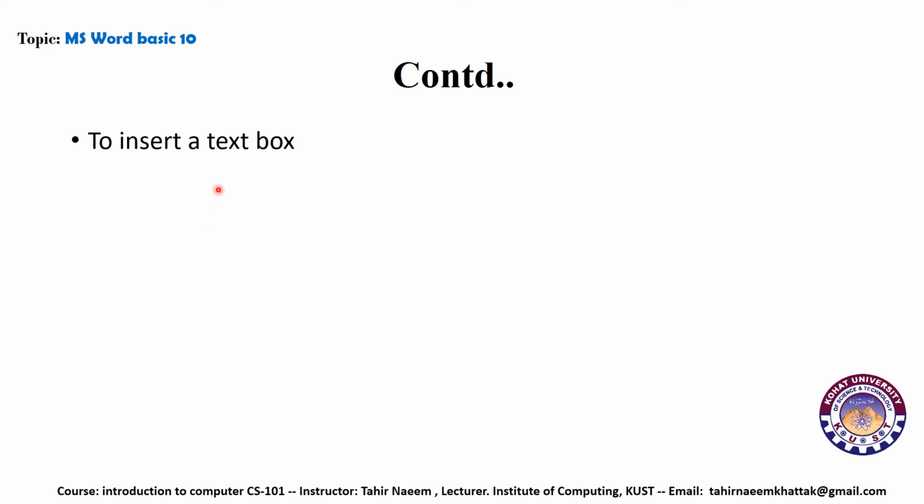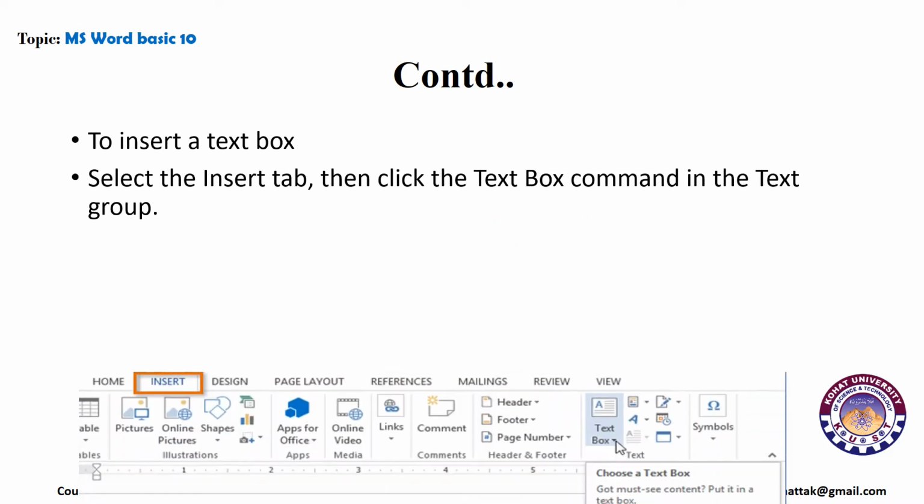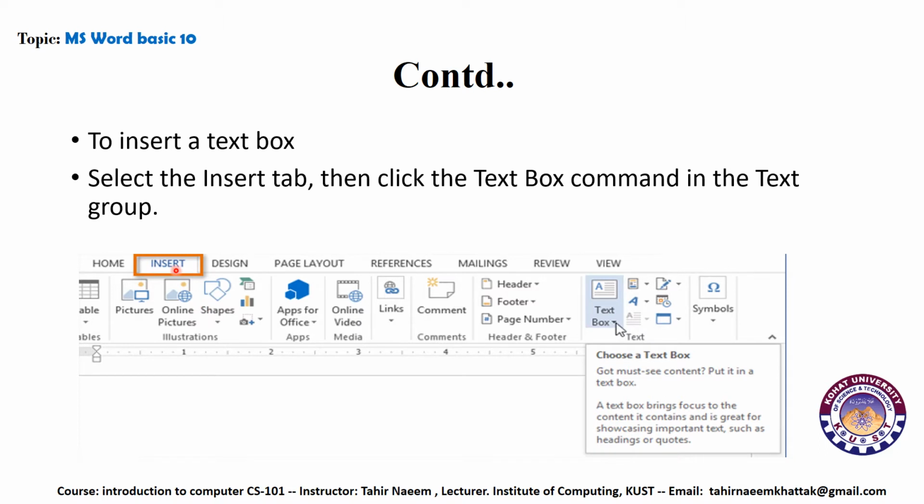So how will we insert a text box? We will go to the Insert tab and then click the text box command in the text group. Here you can see that we go to the Insert tab and then in the text group there is a text box. A text box brings focus to the content it contains and is a great way of showcasing important text such as headings and quotes. So basically, whenever we write quotes we generally write them in a text box,